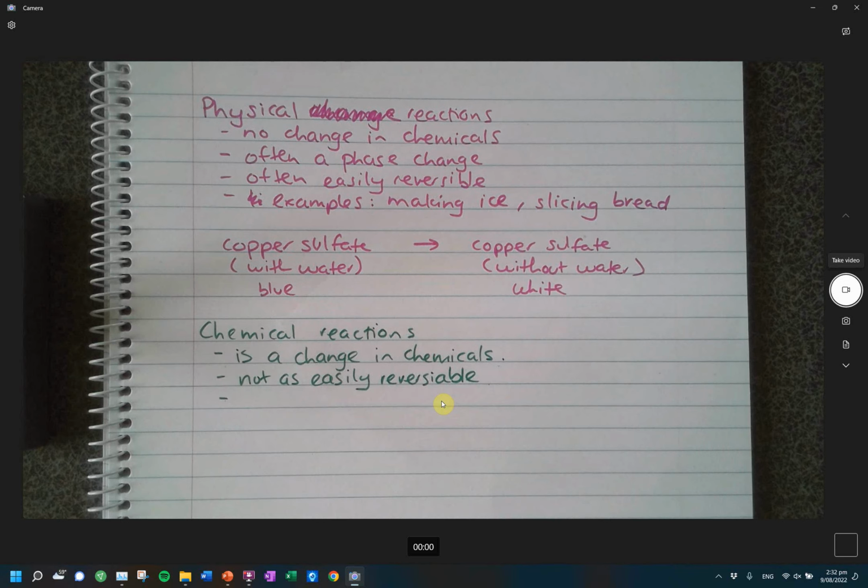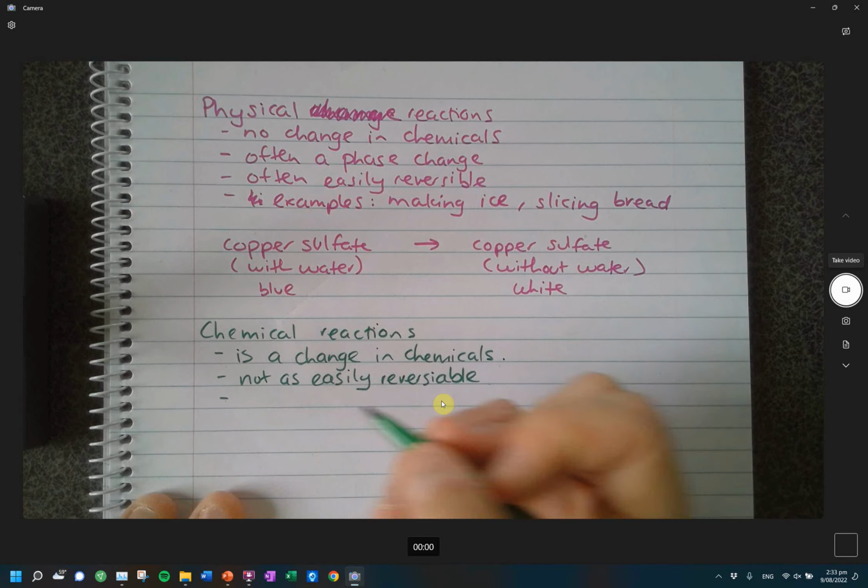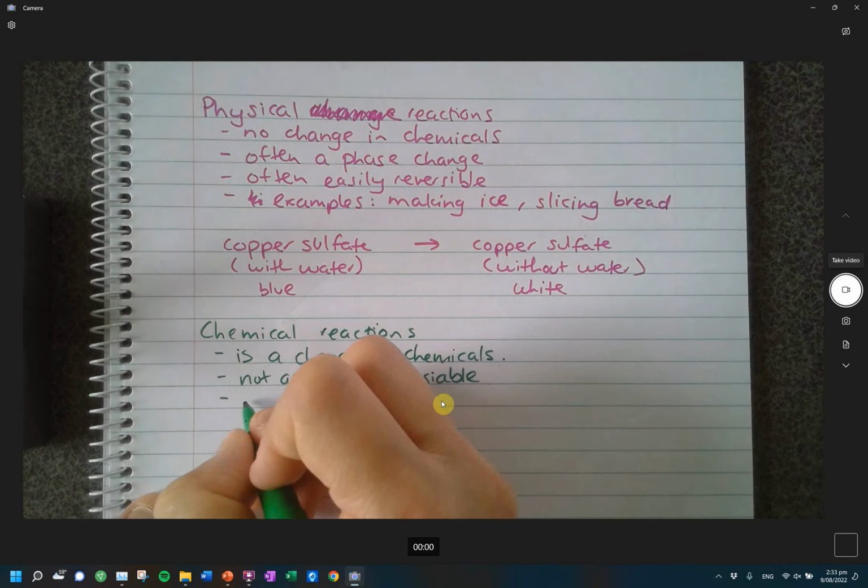And the other thing is, let's think about some examples of chemical reactions. For example, if I was thinking about something in the home,